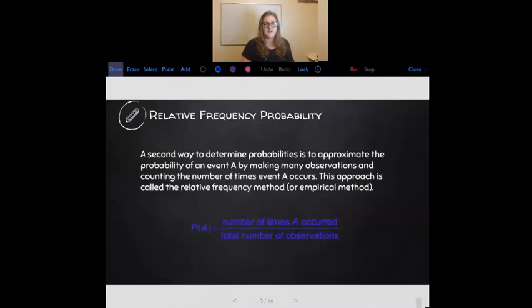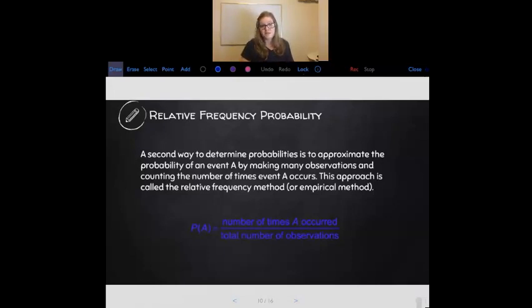Relative frequency probability. So another way of determining probability is to approximate the probability of an event by making observations and counting the number of times event A occurs. So this is called the relative frequency method or empirical method. I've also heard it called experimental probability. So P of A, it looks the same, but it has to do with the number of times A occurred and the total number of